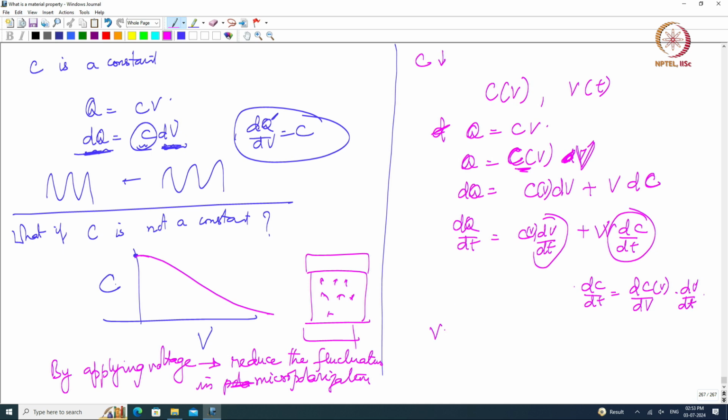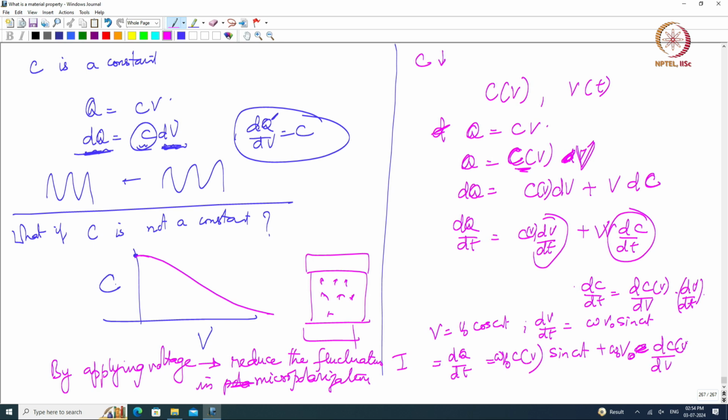So, now if I apply V equal to V naught cos omega t, dq by dt, which is the current that I am measuring, equals C of V dV by dt, which is omega V naught sin omega t, plus V times dC by dV again times dV by dt. I can measure the current through an external ammeter, but